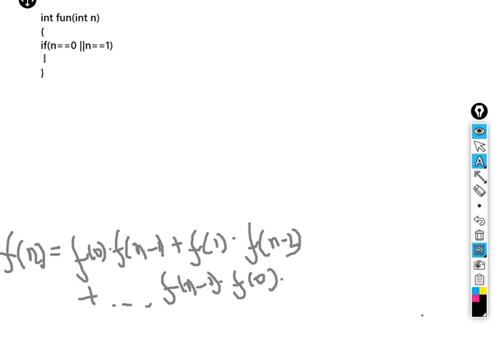I would be writing return 1, because for n equal to 1 and 0 we know we want 1. And then moving ahead for the series, as we can see, let's take a variable s for storing this sum.